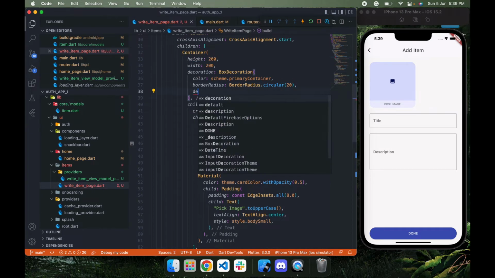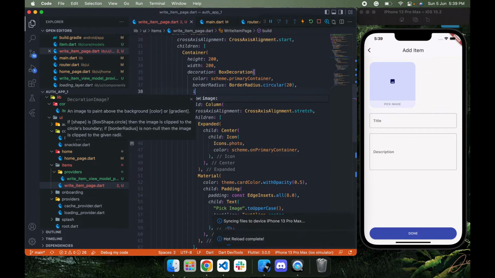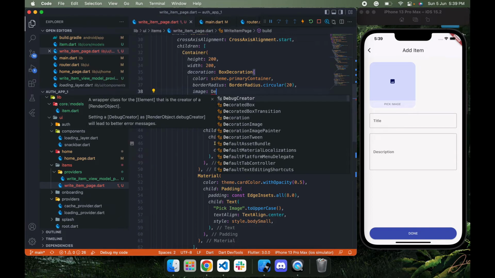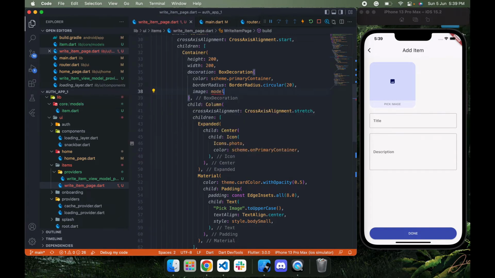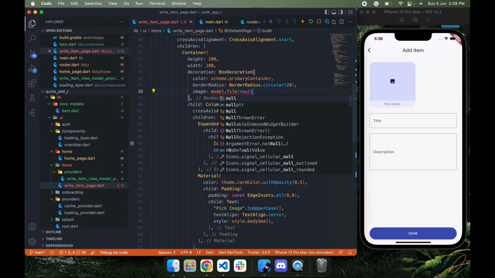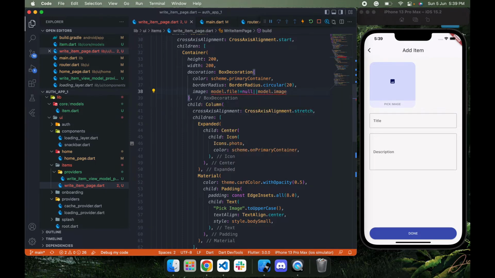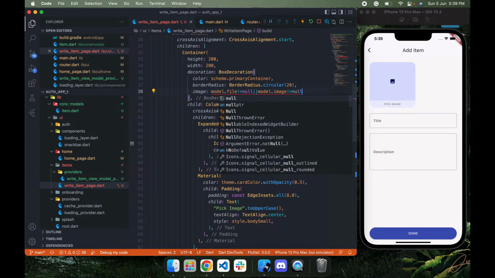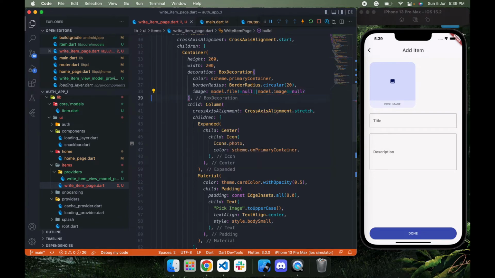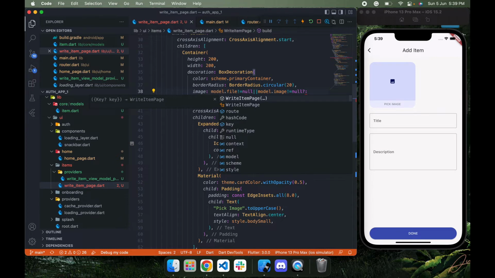Here as a decoration image, when model.file not equal to null or model.image not equal to null, then